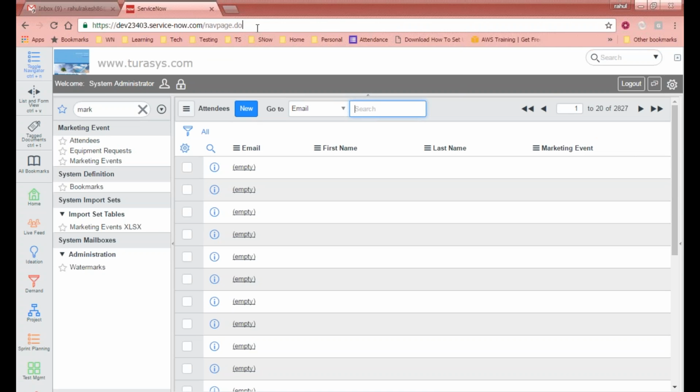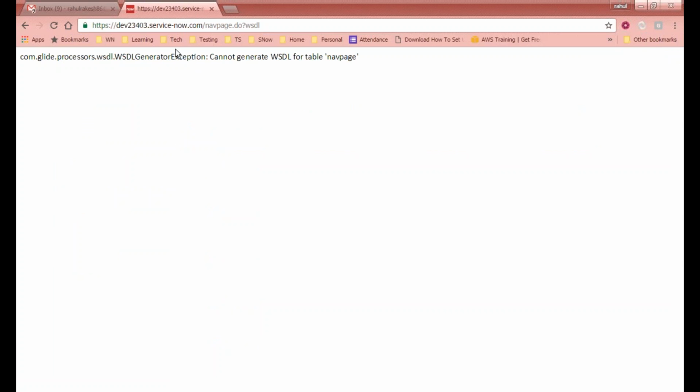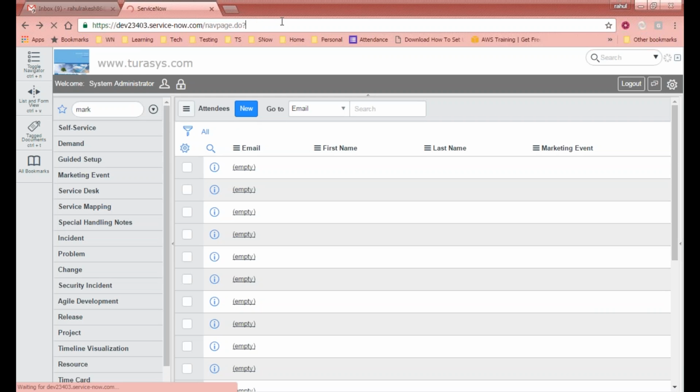Now, why I'm saying that: there is a feature available in ServiceNow when you pick a table name. Hang on, I did something wrong. If you pick a table name here, for example, I do